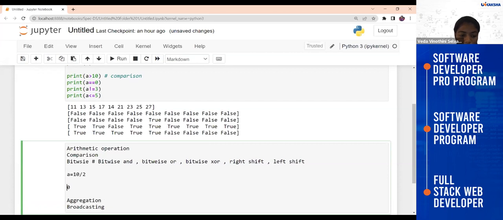The remainder is 0, and the value is now 5. Then 5 is divided by 2, and the remainder is 1, leaving 2. Then 2 is divided by 2, remainder 0, and the result is 1. Then 1 divided by 2 gives remainder 1. These are the steps to identify the binary form of a is equal to 10.